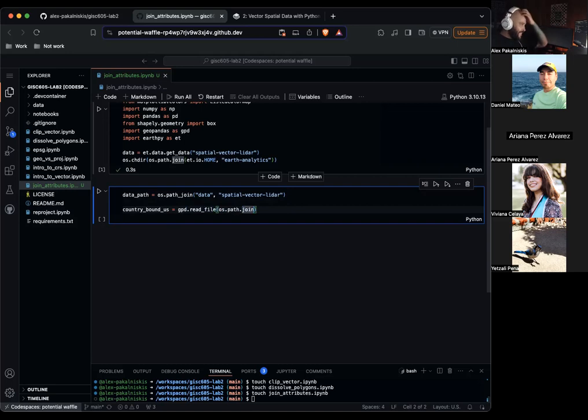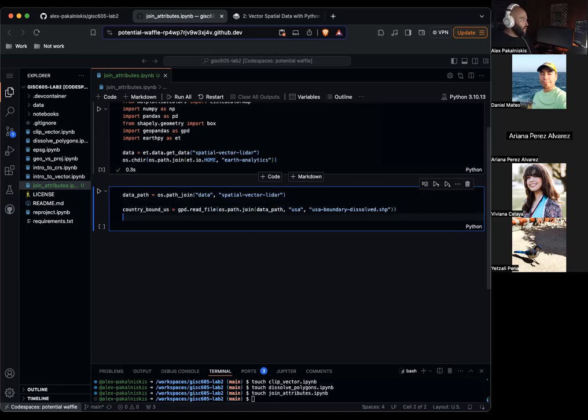You can see how we're kind of nesting things now. data_path, usa, usa-boundary-dissolve.shp. state_bound_us equals similarly gpd.read_file.